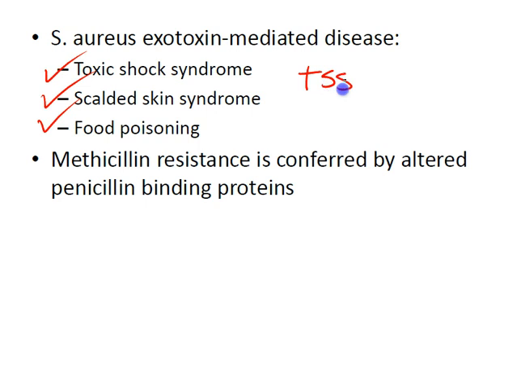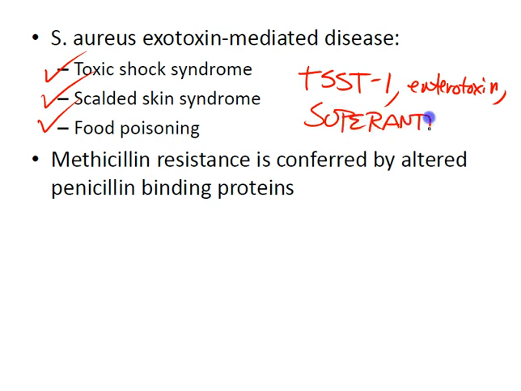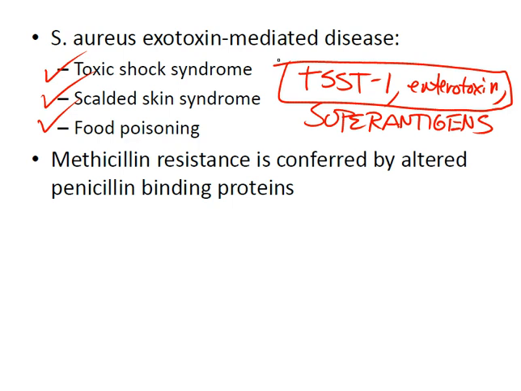the TSST-1 and enterotoxin, and they're both superantigens. So the mechanism by which this works is that superantigens cross-link the alpha chain of the MHC II